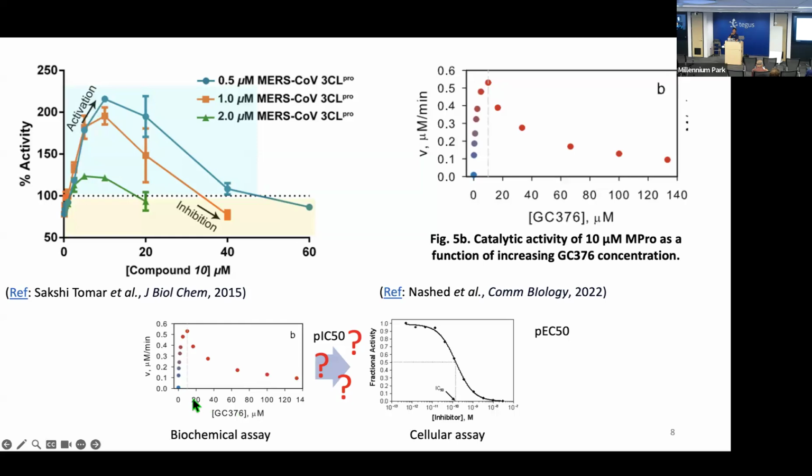But when you have this biphasic curve, it hasn't been clear what this means. What do you look at in this curve to decide whether you have a good drug or not? Because if you have a standard curve, you can just say, okay, here's the IC50, the middle of this curve. But if you have this crazy biphasic curve, what do you even try to do?